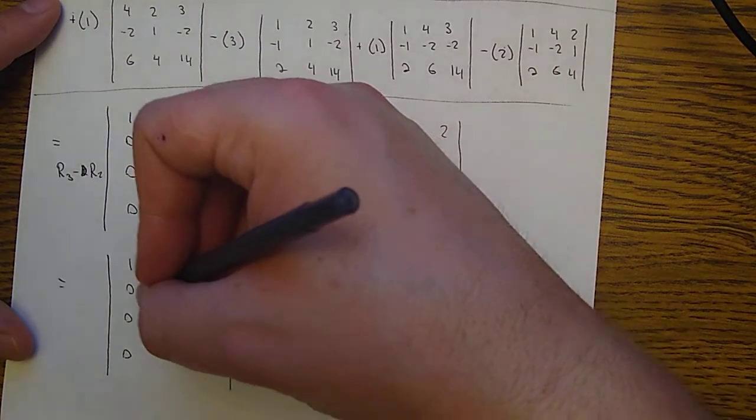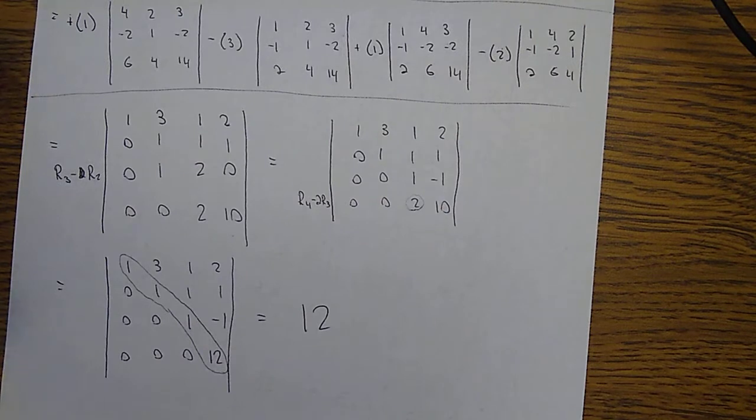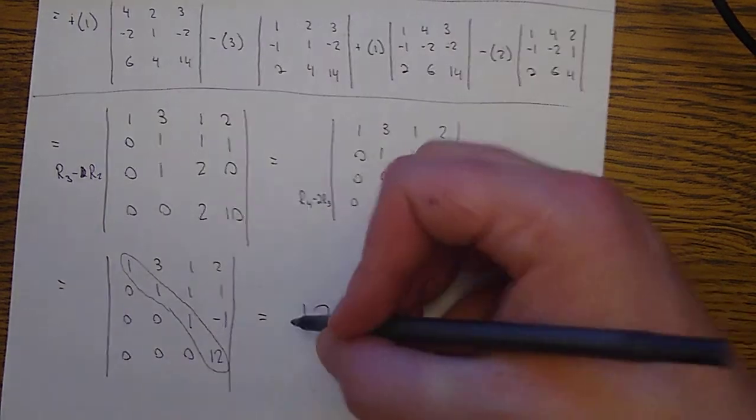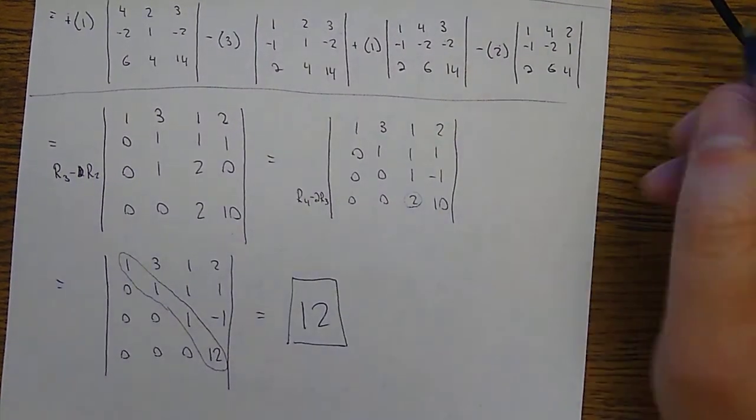And then the determinant is the product of the diagonal entries. So I just get 12. So by the way, I mean, we're done, but